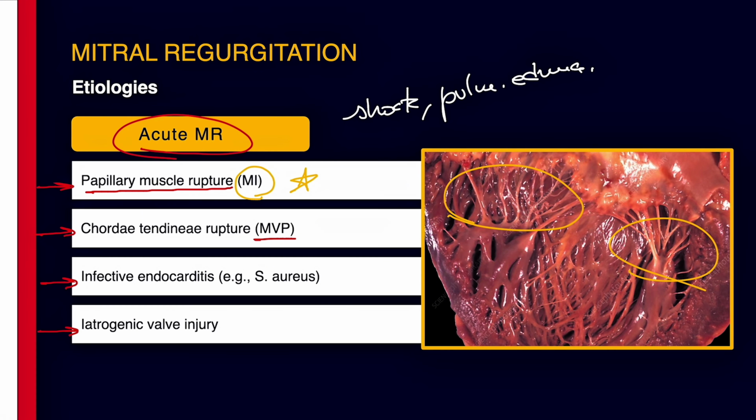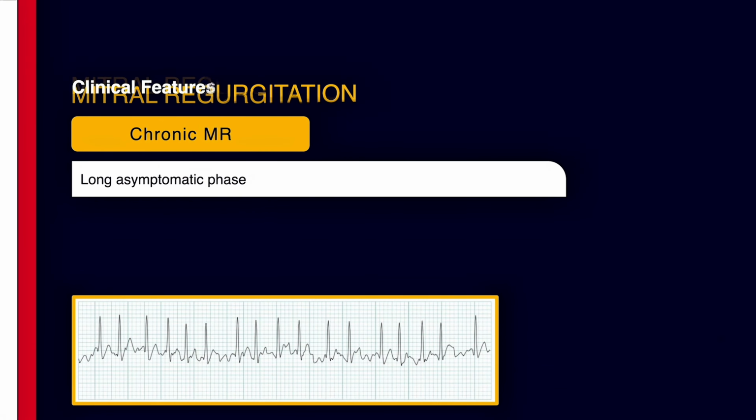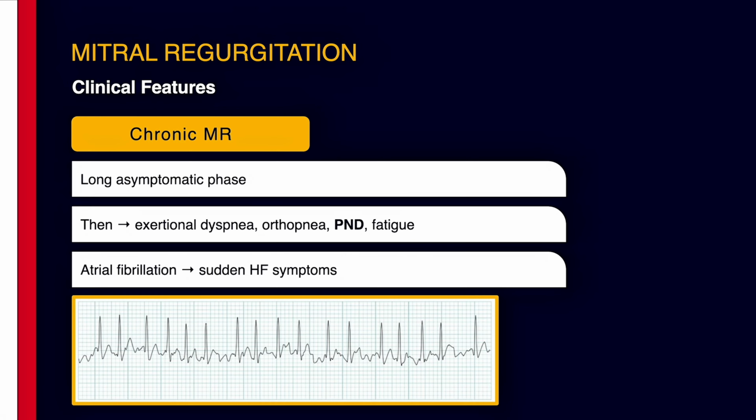All right, let's go. Clinical features of mitral regurgitation, and as usual, we separate into chronic and acute because the presentation is very different depending on how fast the regurgitation develops. In chronic MR, there is usually a long asymptomatic phase. The left atrium and left ventricle slowly adapt, they dilate, they stretch, and the patient can feel fine for years. But eventually, symptoms appear, usually related to left-sided volume overload, like exertional dyspnea, orthopnea, paroxysmal nocturnal dyspnea, and fatigue from